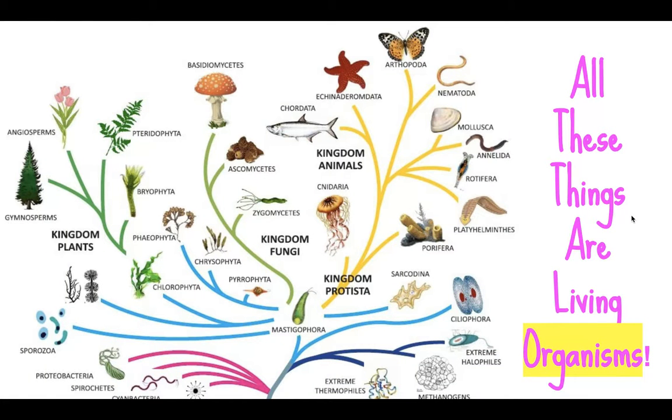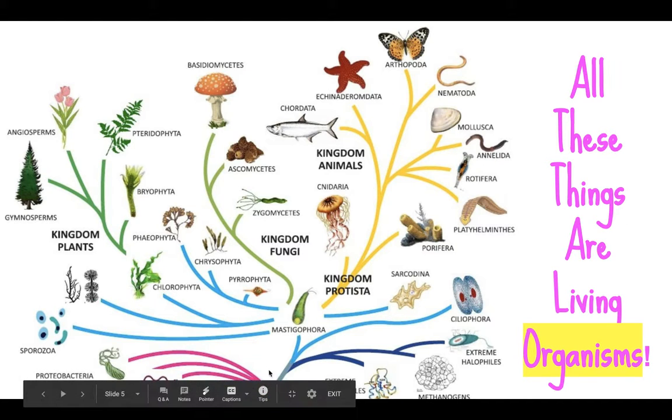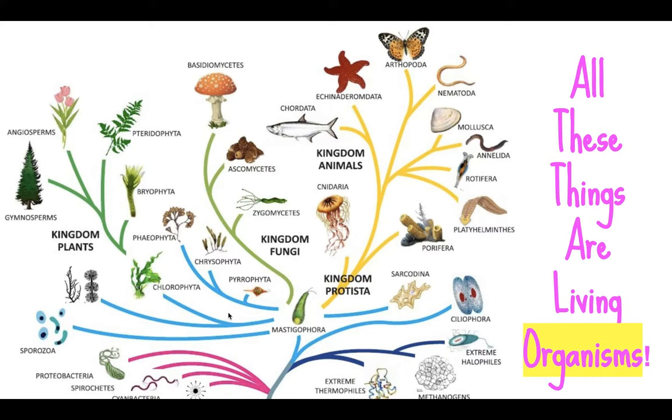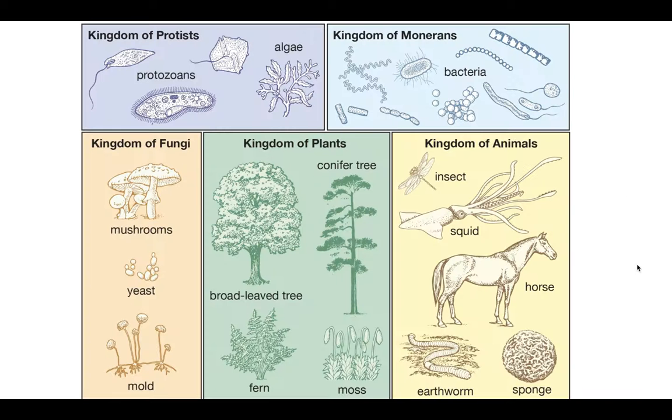And then again, this is just a tree showing you guys how they all are similar down here and, moving their way up, how they all separate into their own kingdoms. And again, in this one, we would be in that animal kingdom. But every single one of these kingdoms has all those characteristics. They are all made out of cells, whether that be one or more.